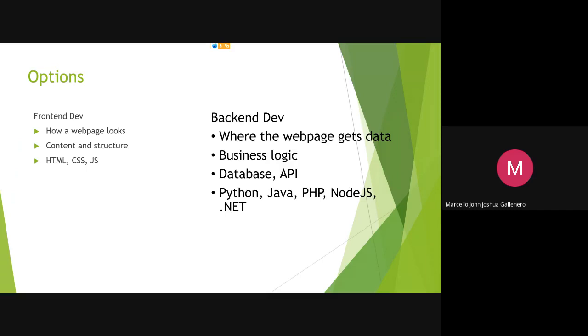Mostly front-end devs work with HTML, CSS, and JavaScript. You design ang UI or the user interface, and then how it